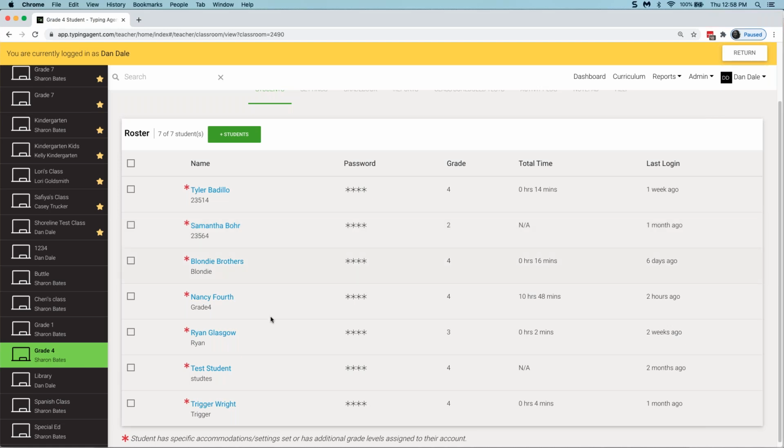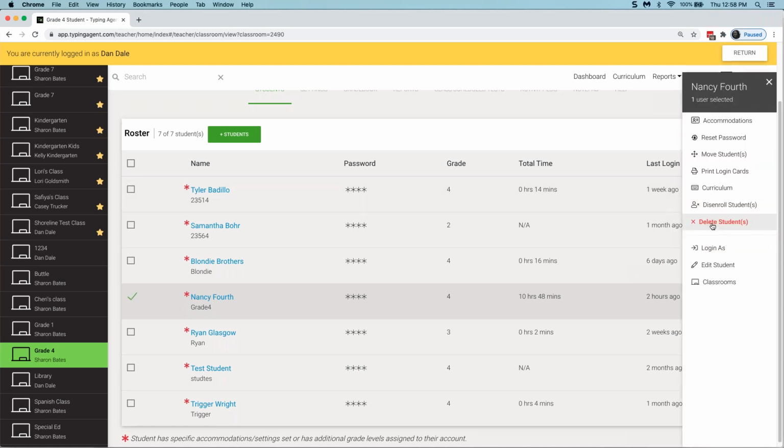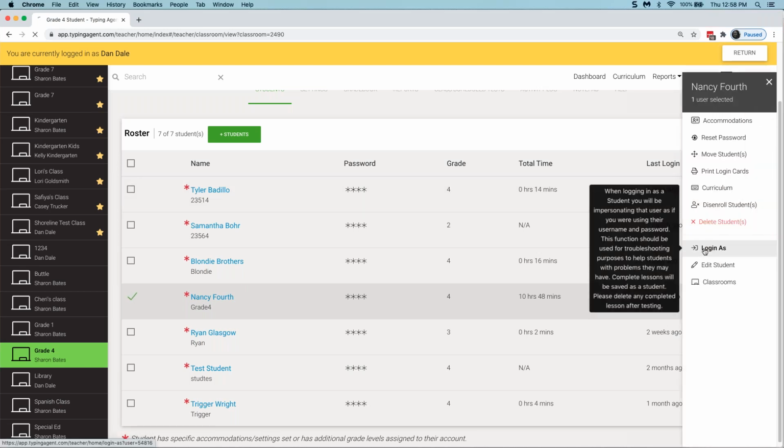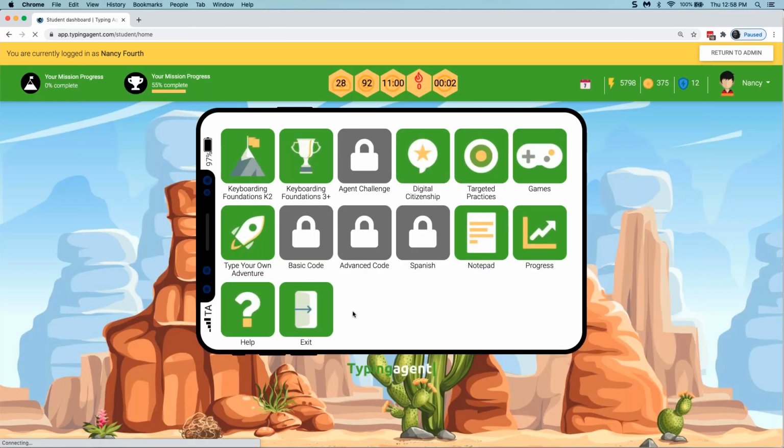As a teacher or student, or the school administrator, you're able to now log in as a student. I can log in and I see that this particular student has all of these things. This is where the student sees if the assignments have been done, how many experience points they've earned, how many grit coins they've earned, how many badges, and this is where they will update their avatar, change their